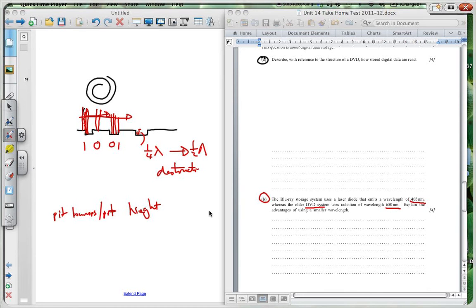will be 150. And because of this, you can actually make these pits and these bumps smaller, and therefore you can fit more in, and therefore more data can be stored. Also with this is that the track separation can also be smaller. So your track separation can be smaller,